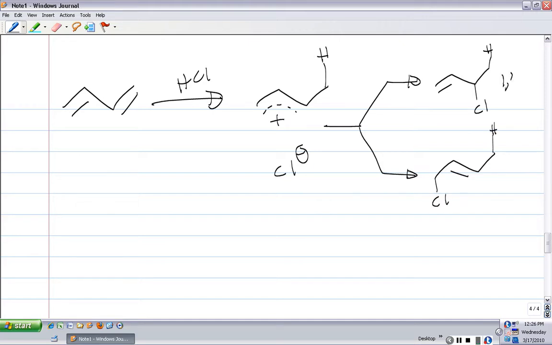Right, so my 1,2 product, my 1,4 product. We also saw that because this carbon is secondary, it bears a larger fraction of the positive charge than does this carbon. So in reality, I can write a delta plus plus plus at this carbon, and I guess a delta plus at that carbon. So that means that attack by chloride at carbon number 2 is more facile than attack at carbon number 4. And we translate the greater facility of that reaction into a reaction profile diagram